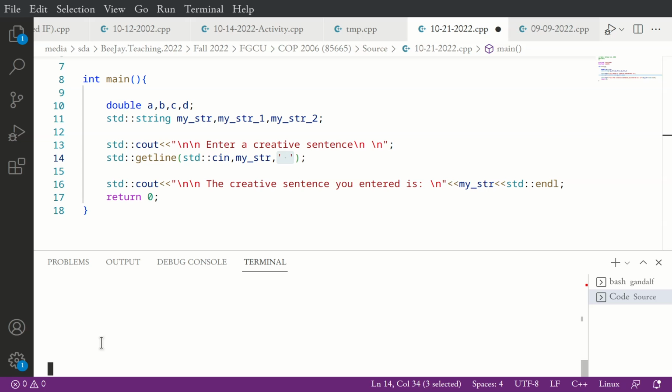So think about it this way. Last time when I did not use the blank space as the delimiter, C++, enter, it stopped, printed C++. This time I inserted that, I entered, it goes to the next line, I type, goes to the next line, I type, came to the end of the sentence, I entered, I didn't get an output.